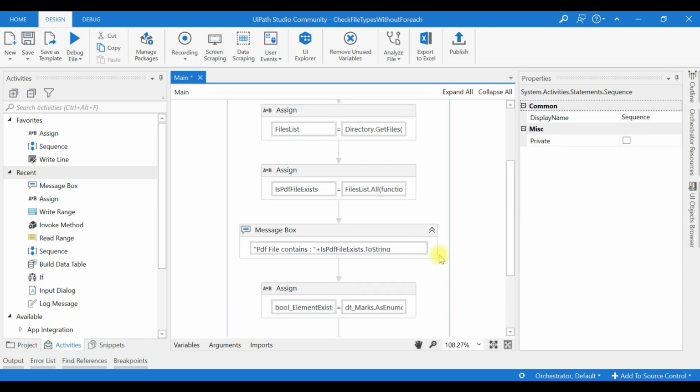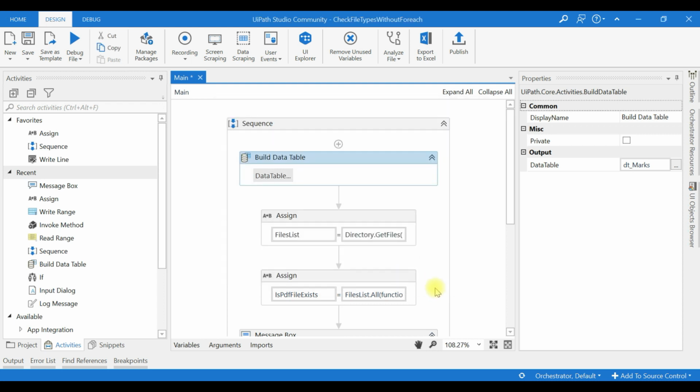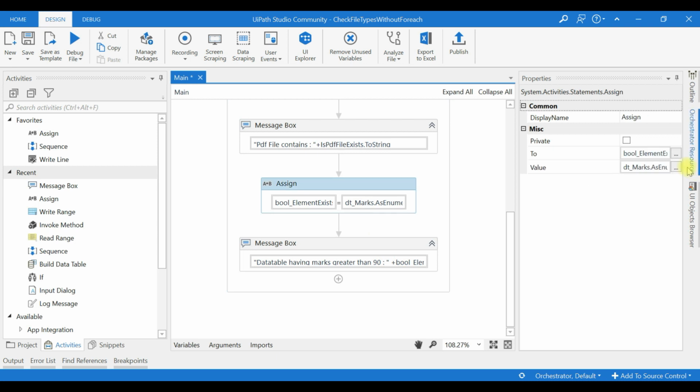Now we will check one more thing. We need to check the All function. I make everything greater than 90. Okay, now we will use the All function, the All operator here.